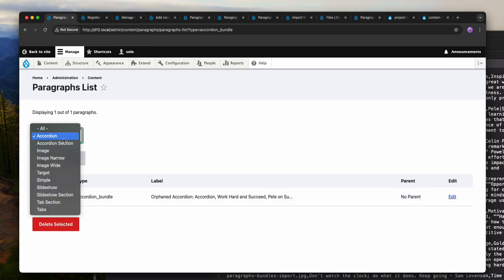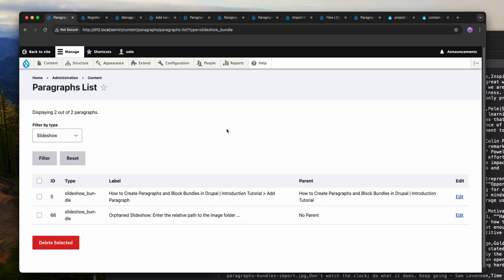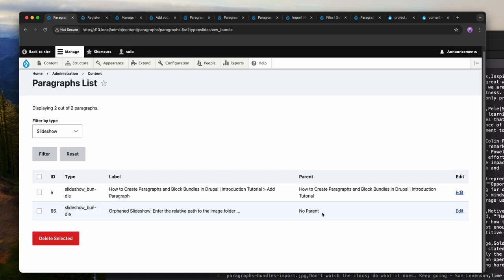If we go to the slideshow, because we did a slideshow example. Okay, you see now, that's what I'm talking about. This is an orphan. This one was created by the import. This one is attached to a content type, and that's what you see. That's the bundle, and that's what I mean by the label. You want to label it so you can see exactly, somehow in the list, what's happening or which paragraph